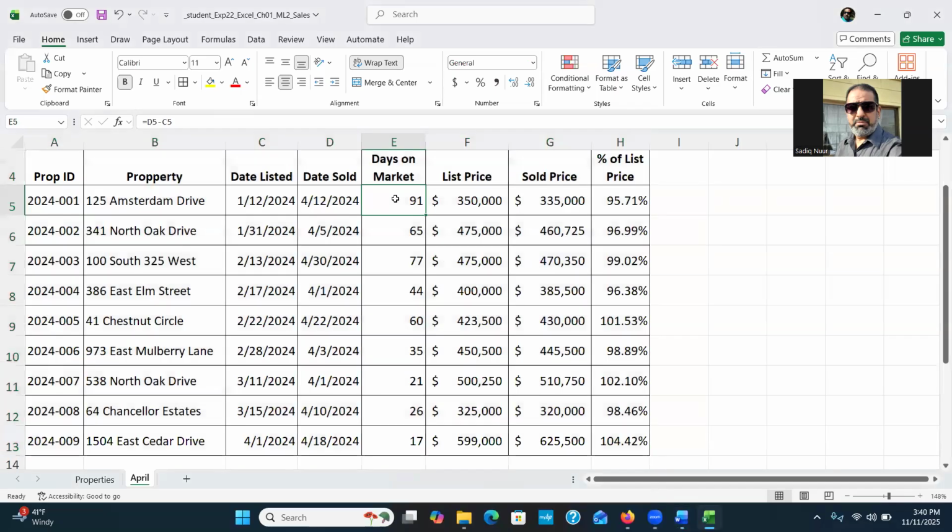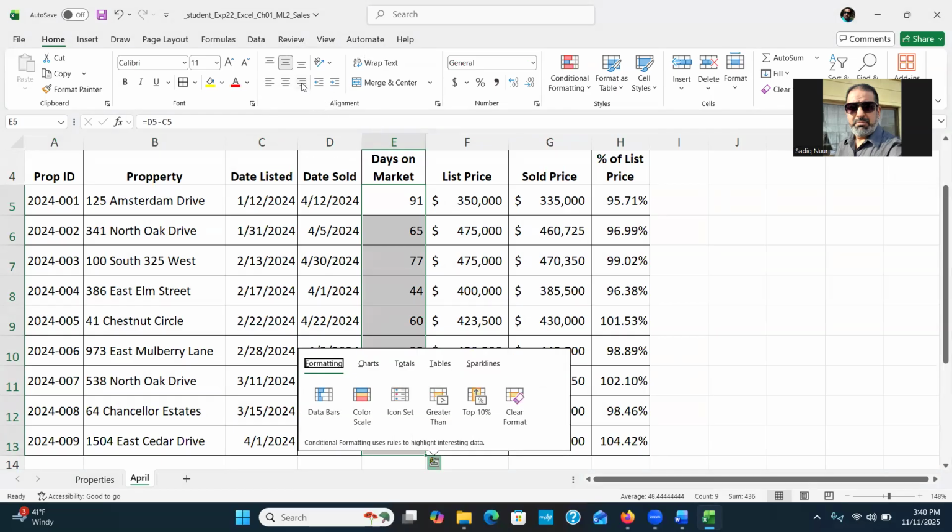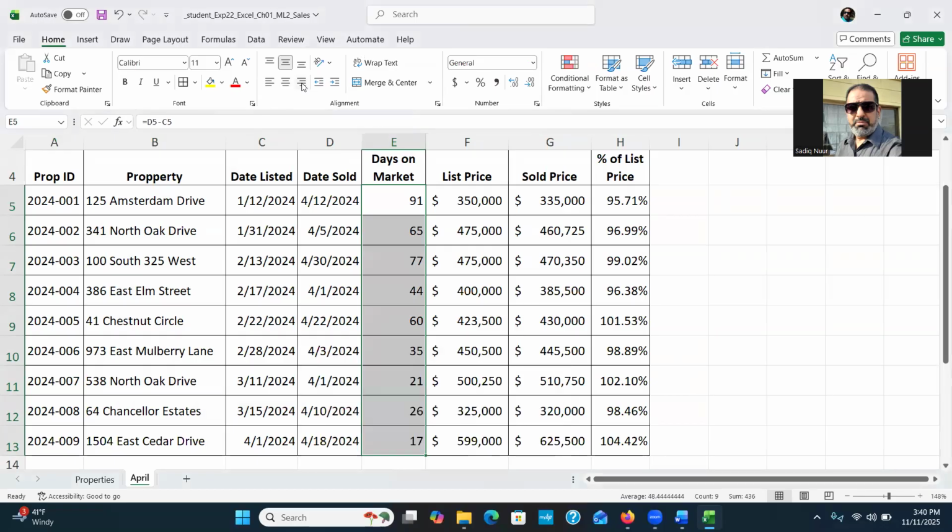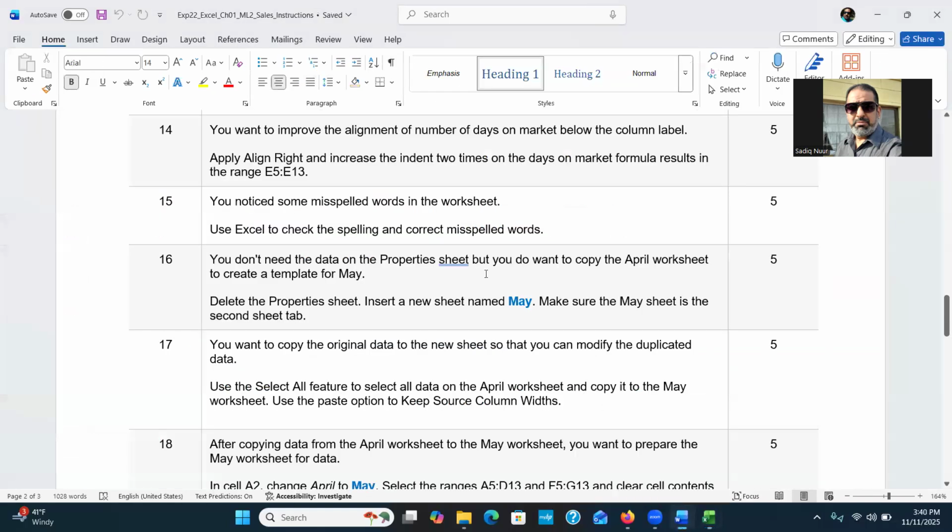So select E5 all the way to E13. All right. So we're going to go to the alignment group, Align Right, and then we're going to increase the indent to,